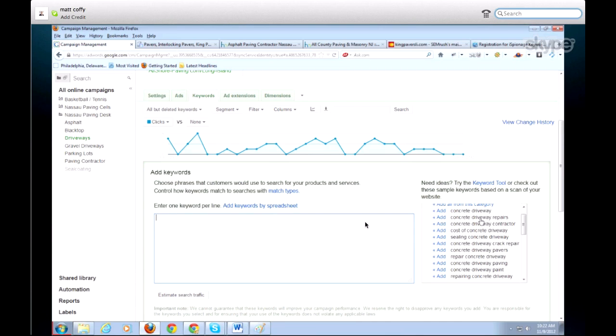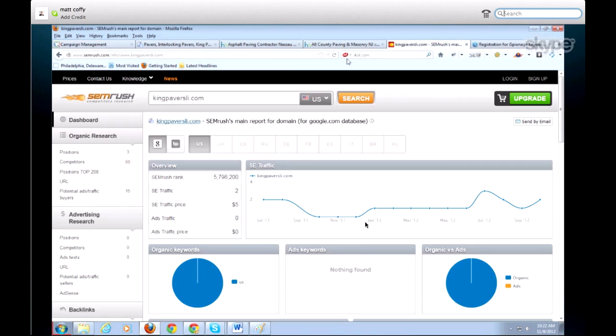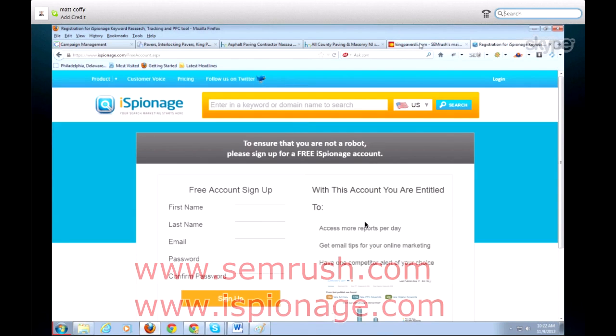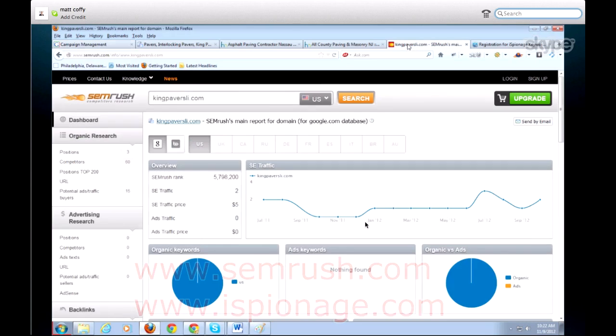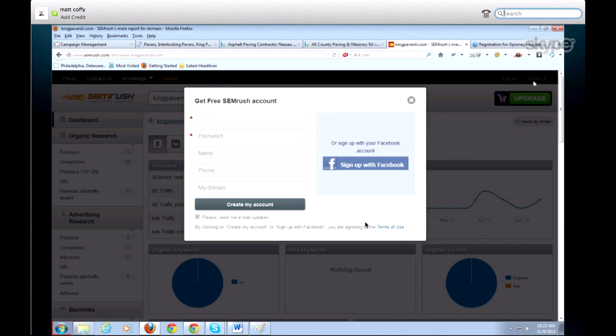This tool works, but what I prefer to use are the tools that we showed you before, which are SEM Rush and iSpionage. They're great for checking out your competition and looking for related keywords to your industry. Typically you can get a trial of one of those tools for 30 days or something like that, and get in there and take a look. Those are tools that people use day to day. What we do is find out what campaigns we want to match, and we reverse engineer them. A lot of the time, that's the best way to do it.